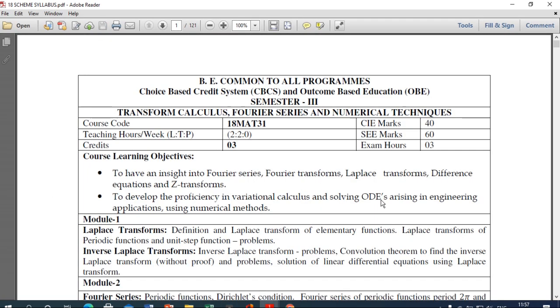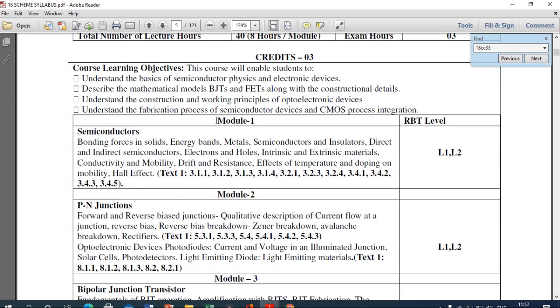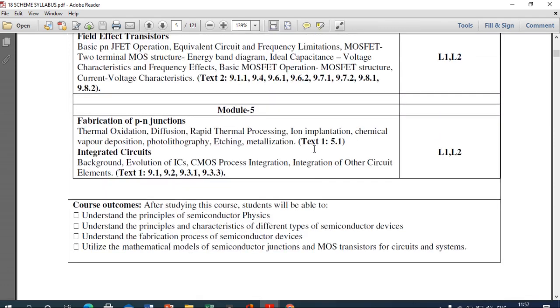So I hope you guys got the assignment questions. Start writing the assignment questions for module 3, which were sent just now. And the next thing, this module 1, I will start with in Monday's class by taking some extra classes. The name of the module is semiconductors. I will send you the notes, and based on those notes we are going to start discussing module 1. I hope it is clear for everyone about the module 5 concepts which I have discussed. In the next class, that is on Monday, I will start with module 1.